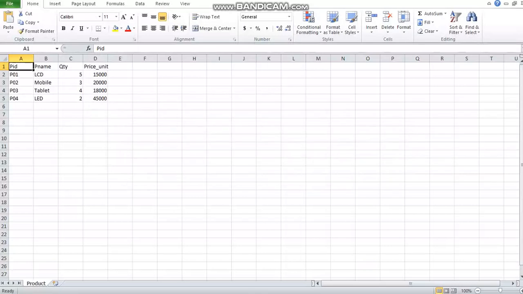A few messages will come that you can read, and just click OK. This way I have created a file where product ID, product name, quantity and price per unit are given in a sheet, and the details of a few products are listed over here.